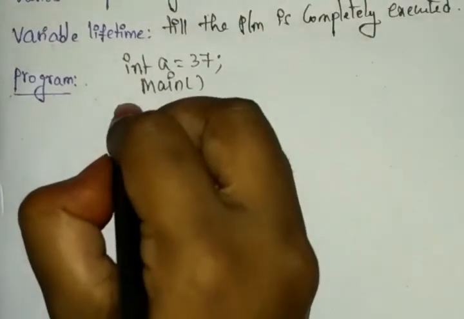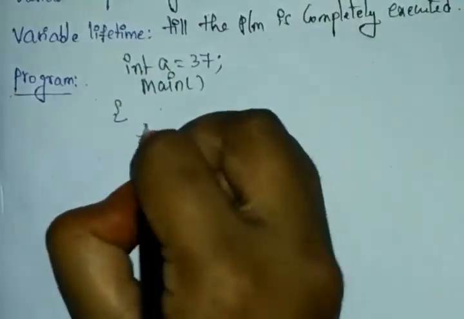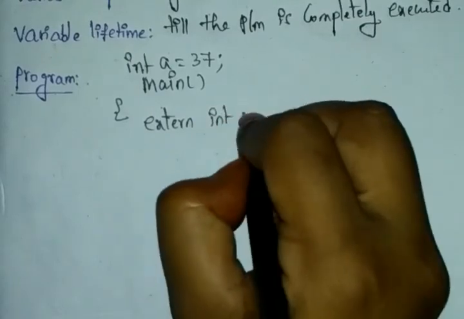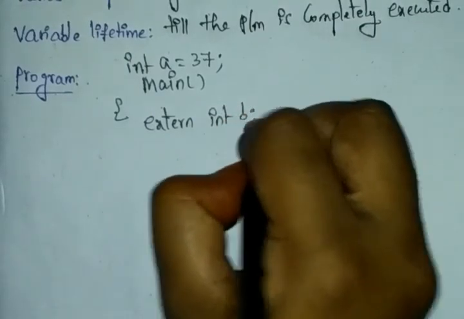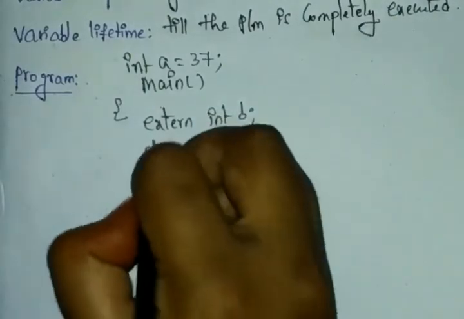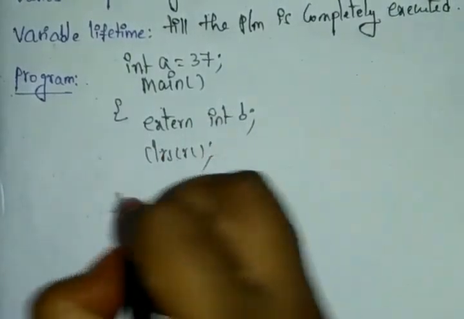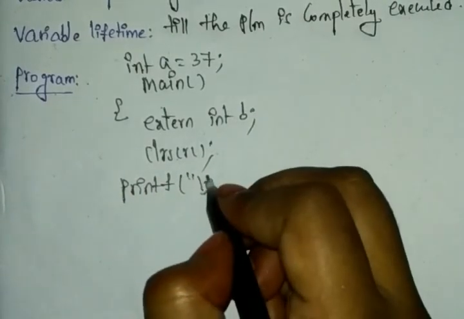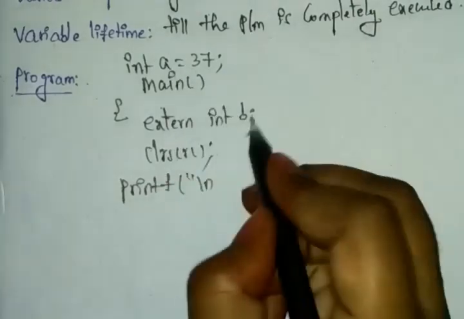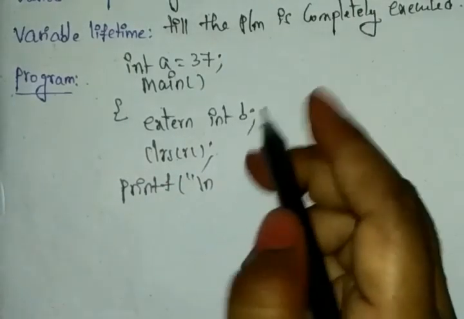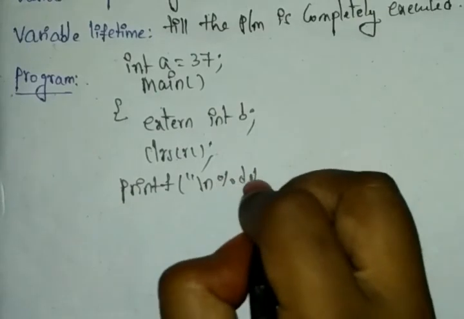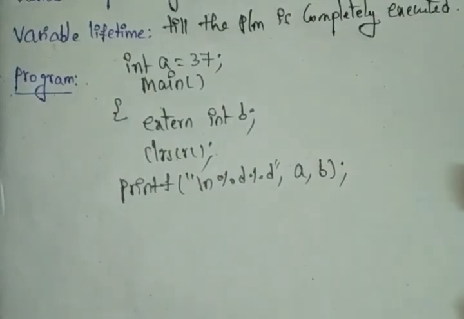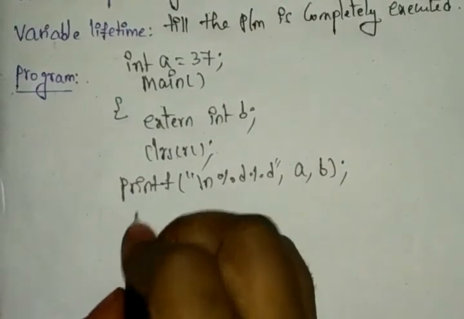In the main function we write the extern keyword, and the extern keyword has the variable b. Next, clear the screen and write the printf for this. We have two variables, a and b. The outside one is also calculated. So just write percent d, the first for a and the second for b. Once you define this, write getch